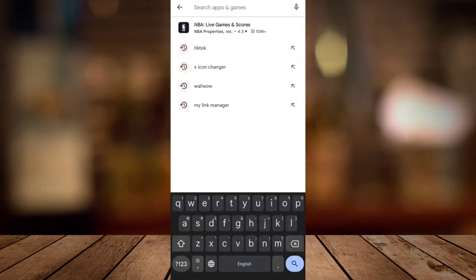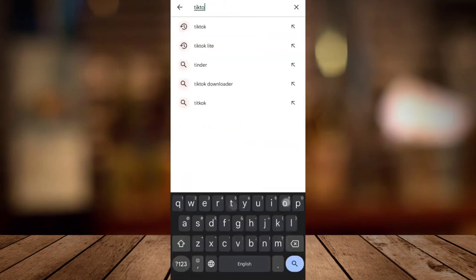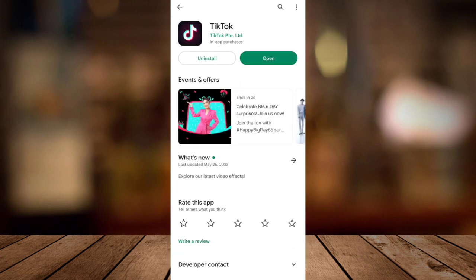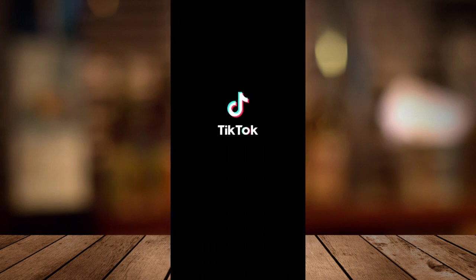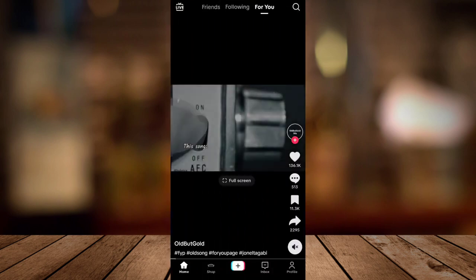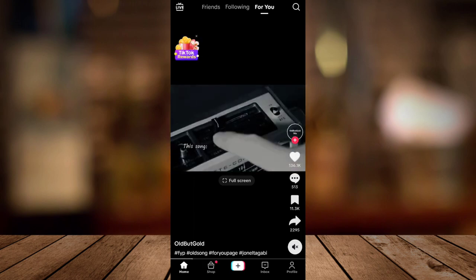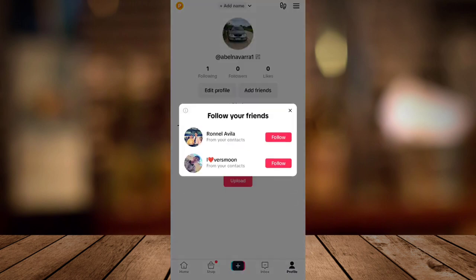For today's video, I'm going to show you how to see who viewed your TikTok video. So first and foremost, you need to update your TikTok app on Google Play Store. And once you've done, tap and open this application. Now right here, as you can see, the homepage of TikTok app. Now I want you to tap on the profile icon at the bottom right corner of your screen and you'll